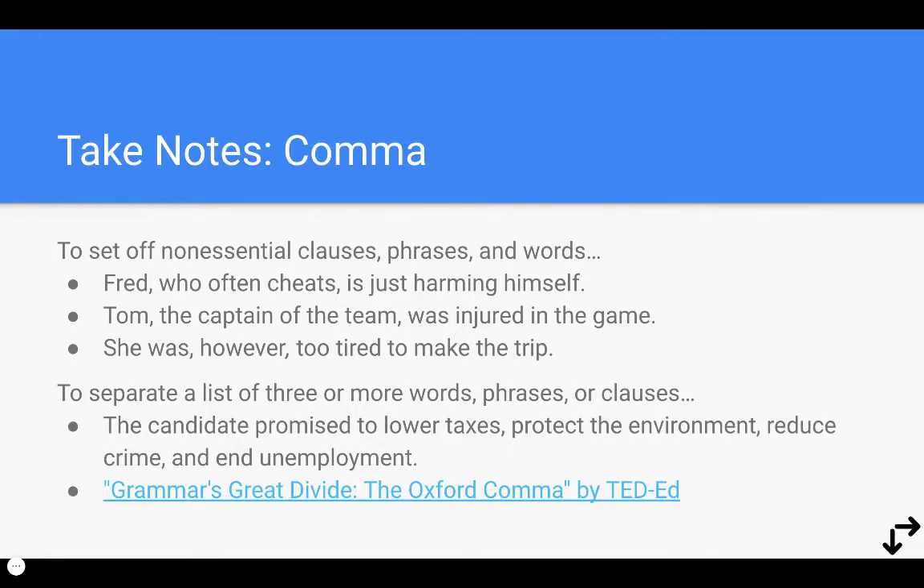And then the third example is just words that should be set off. She was, however, too tired to make the trip. However is set off with commas. You can take however out of the sentence, and the sentence will remain complete. She was too tired to make the trip. However is not essential to understand the